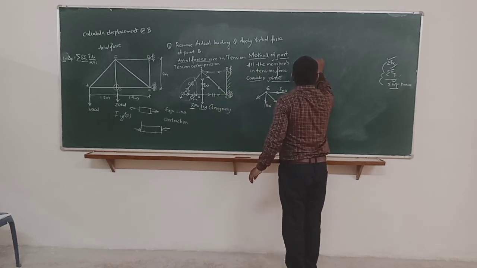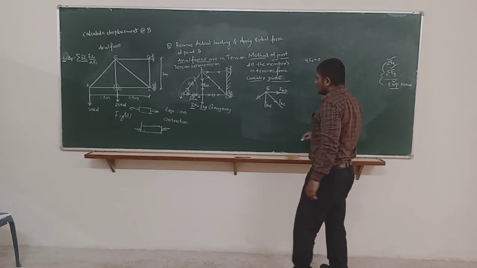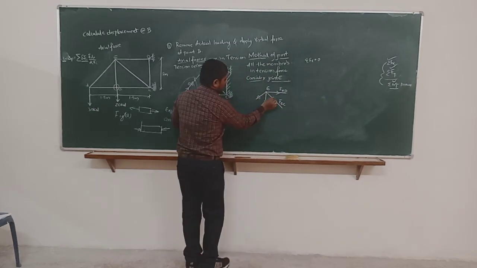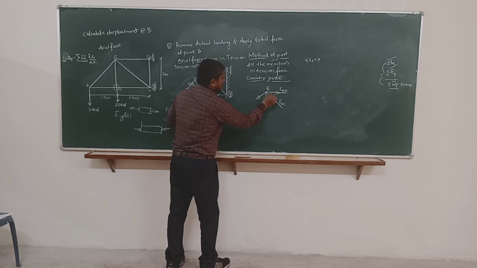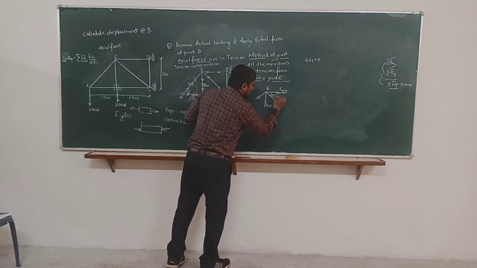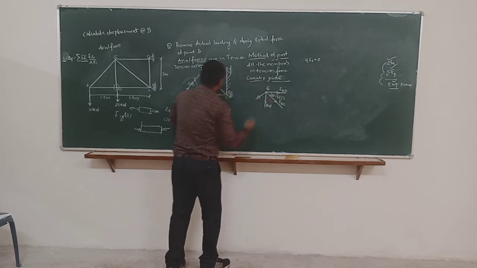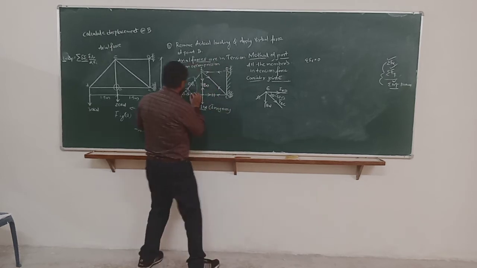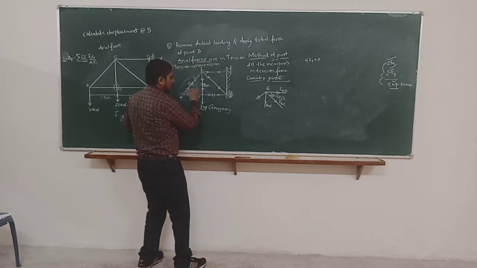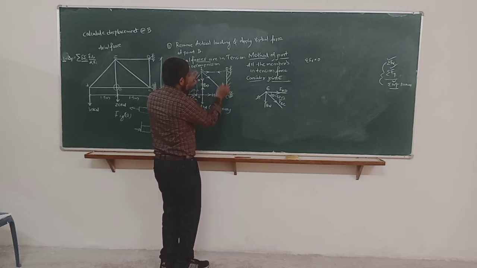Now apply our equations of equilibrium. Summation of Fx is equal to 0. So here one inclined force. Now we need to calculate this theta. Actually this theta is also the same only. Theta is equal to 53.13. So how is it coming? So this theta is also 53.13. Like we have applied the tan theta, no? In the same way here also you can calculate this theta.